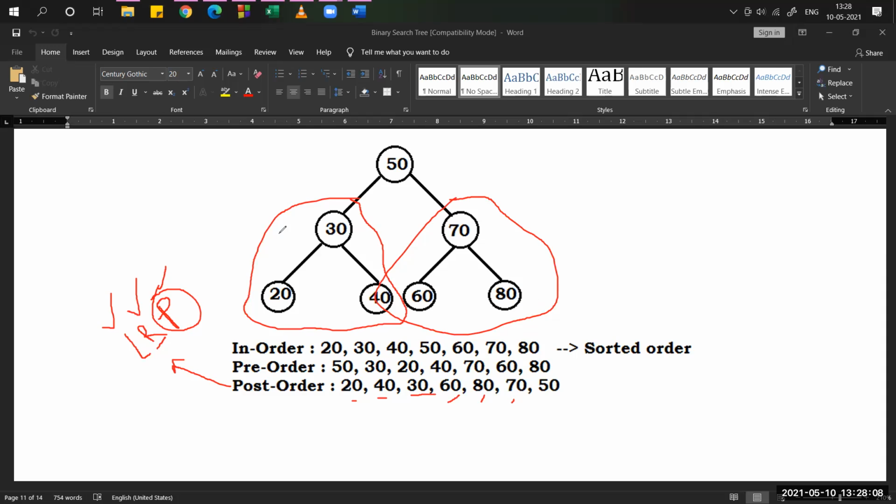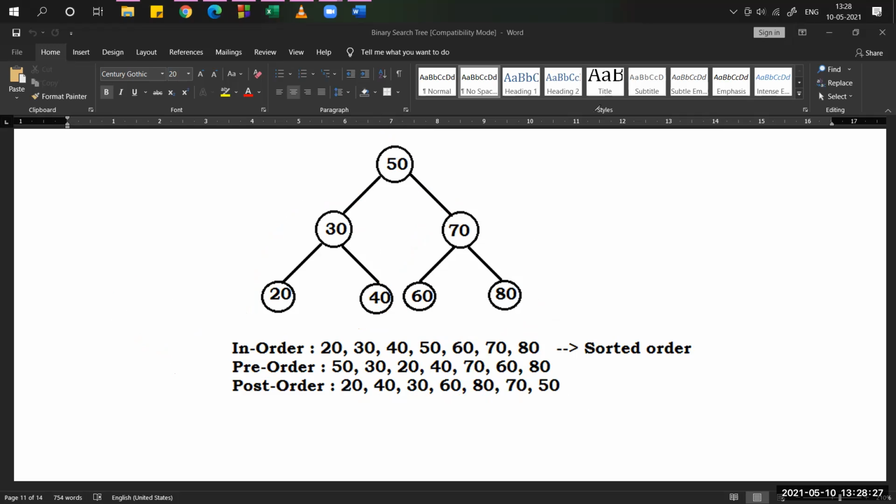So left subtree over, right subtree over. Then we have to print the parent at last. Who is the parent among all these nodes? 50, the root node. That's why the root node came here. That is 50. So these are the three different types of traversal methods which we use to display the values.